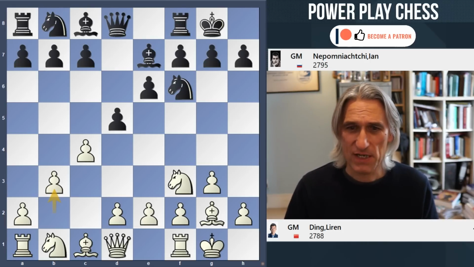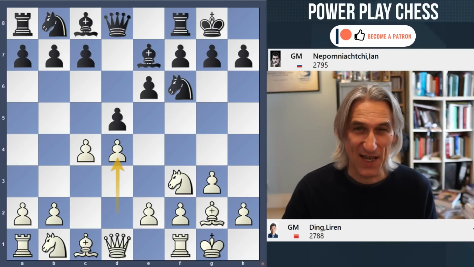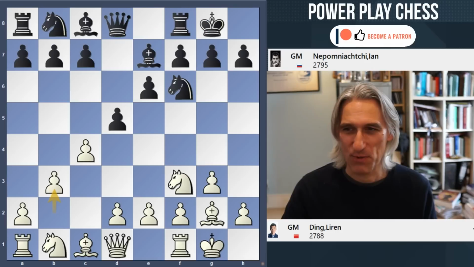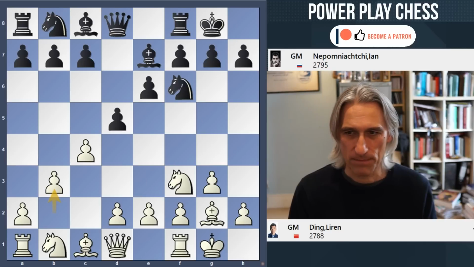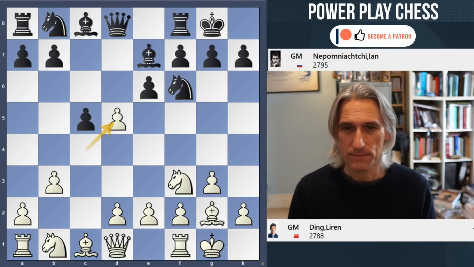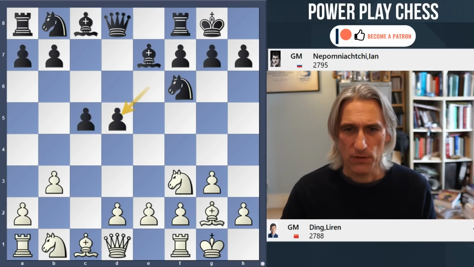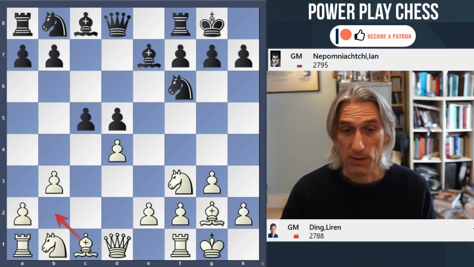Ding keeping it very quiet. You know, he's not risking his Catalan, which is interesting. Declined to do that throughout the whole match, probably fearing some preparation from Nepo. b3. c5. Black is claiming the centre in a very classical manner. An exchange. Of course, if pawn takes, then we get a kind of Tarrasch, followed by bishop b2. But knight takes,